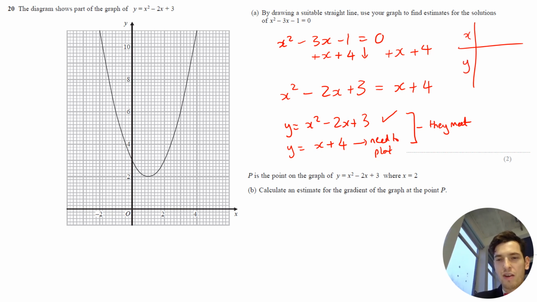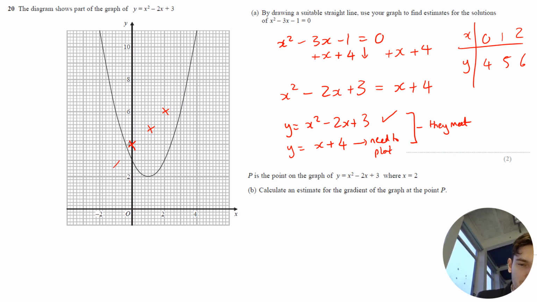My table of values, pick 0, 1, 2, 4, 5, 6. So let's plot these points. 0, 4, 1, 5, which is here, and 2, 6. So if I plot this line with a ruler,